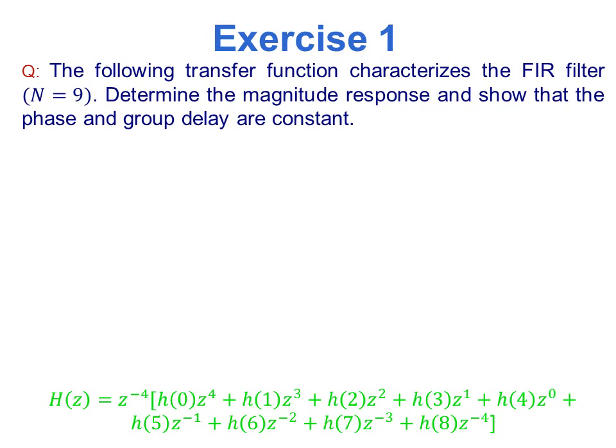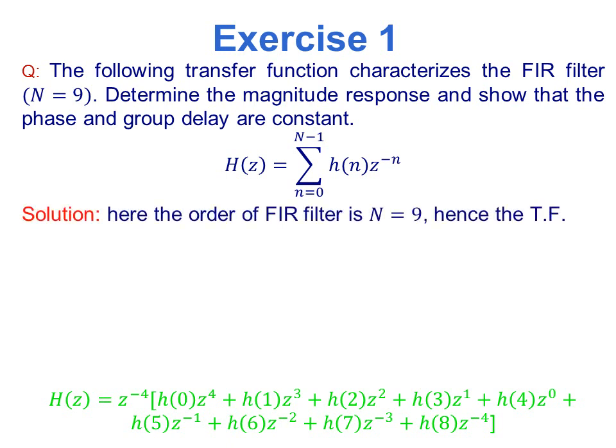Now let us discuss one example. The following transfer function characterizes the FIR filter for the odd order filter, that is, capital N is equal to 9, and for this case we have to determine its impulse response, we have to determine its magnitude response, and we have to show that the phase and group delay are also constant. So, solution: here we can say that the FIR filter is of order 9, that is, an odd order filter,